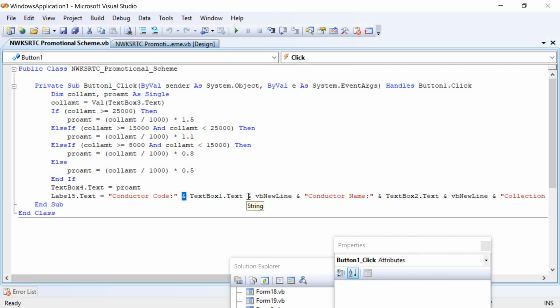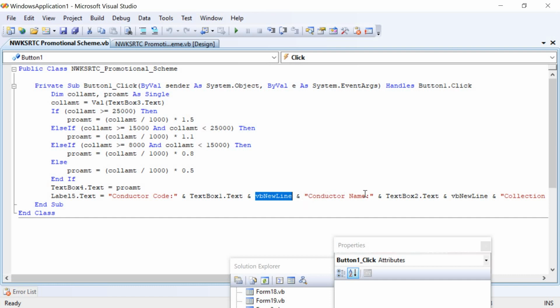Again we have the ampersand, that is the concatenation operator. vbNewLine is a command which is mainly used to go to the next line. Suppose we have to go to a new line, this command can be used, because in the next line we have to display the conductor name. Then again the ampersand.